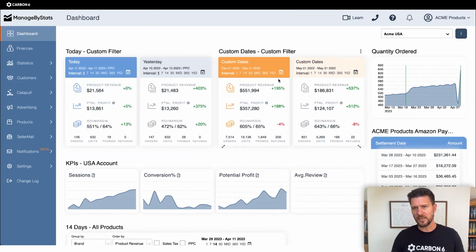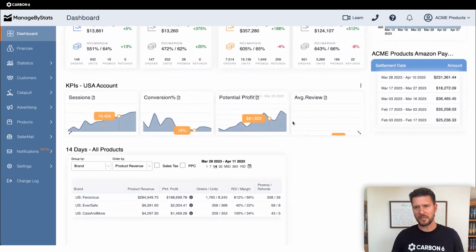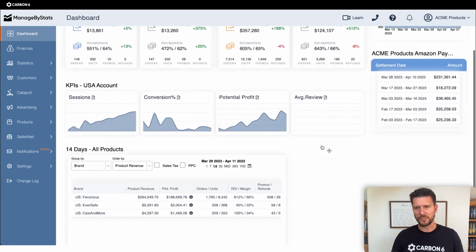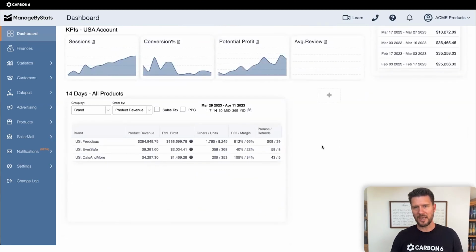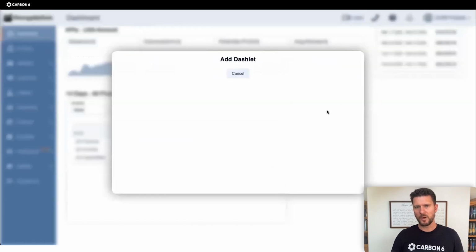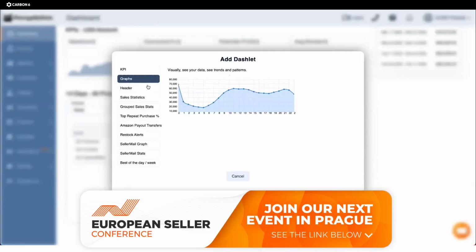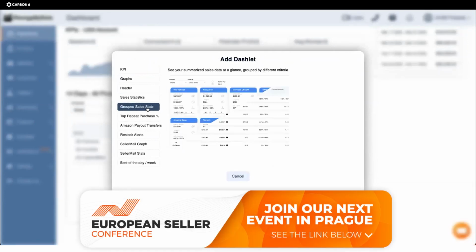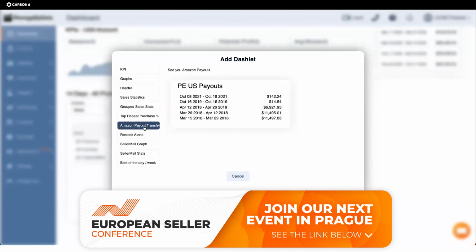We have these kind of metrics. You can have any kind of date ranges that you want. You can click on these and it'll automatically update those date ranges. You can have graphs for trends. We have a KPIs widget for the key metrics relating to your whole entire Amazon account. We have best-selling products, and clicking on any white space in here, you can go through and add any of these things with any kind of settings that you want to view it by your whole account or groups of products all the way down to individual products.